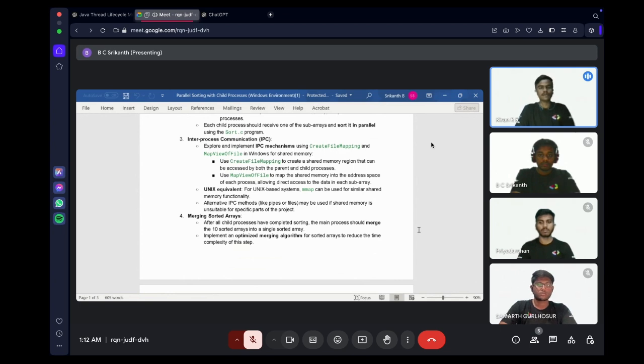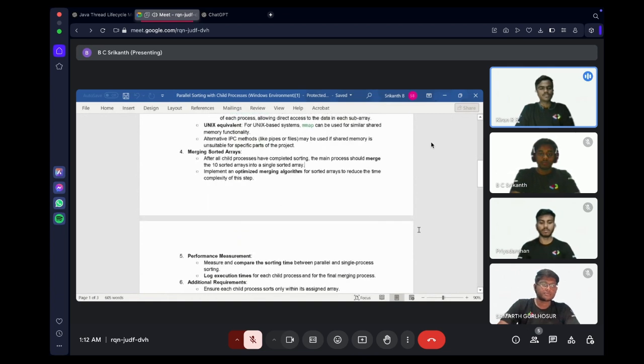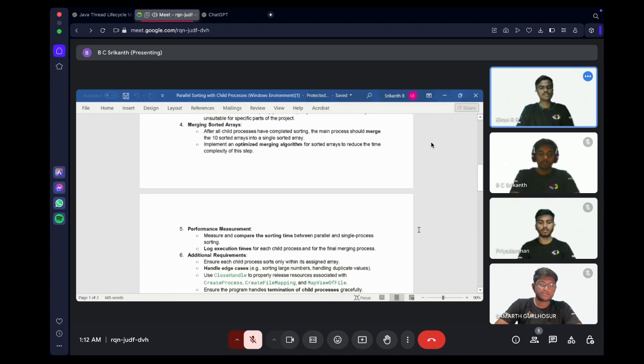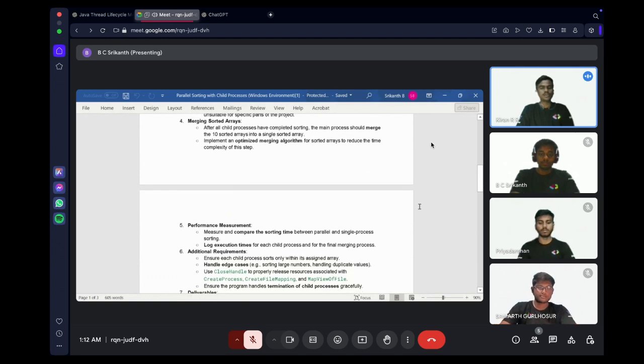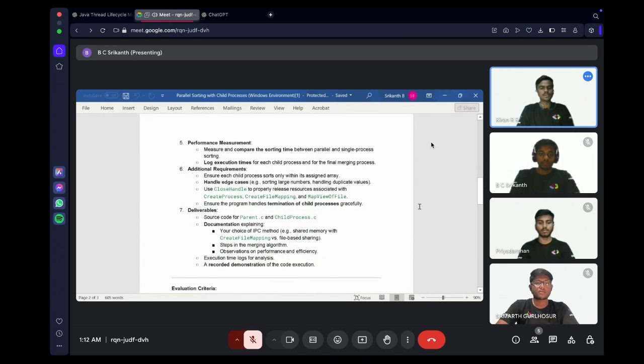Implement an optimized merging algorithm to minimize time complexity. Perform measurement. Measure and compare sorting times for parallel sorting versus single process sorting. Log execution times for each child process and the merging process. Additional requirements: ensure each child process only sorts its assigned array, handle edge cases like sorting large numbers and duplicate